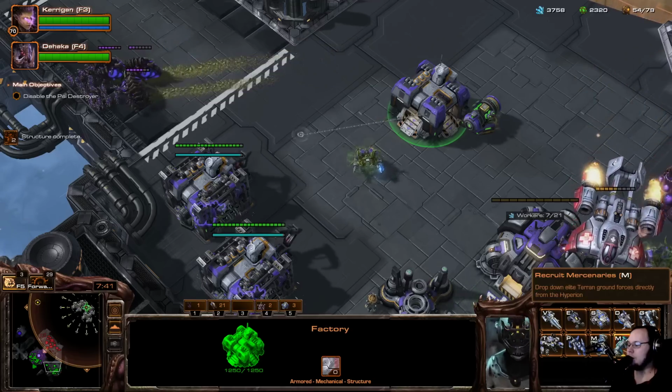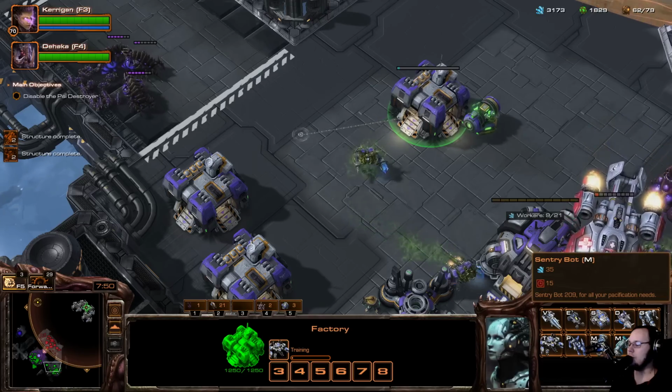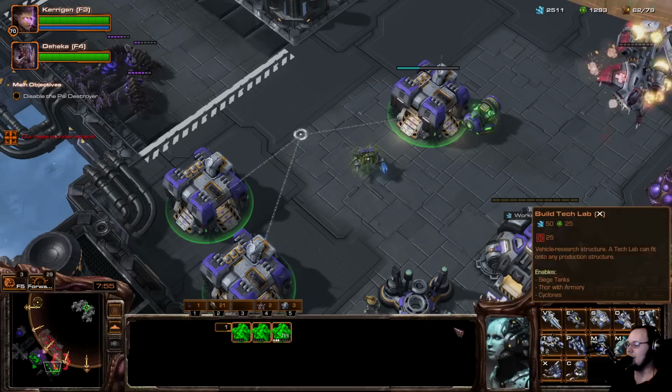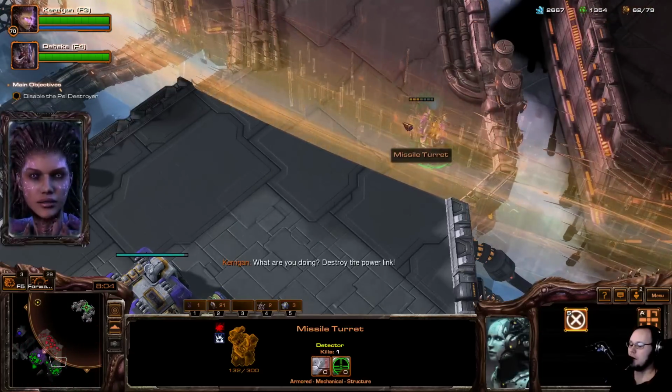What is this? Recruit mercenaries. Ooh. Oh, Sentry bot. Alright. Sure. I'm not sure what's going on over here, but it looks like we have options. What are you doing? Destroy the